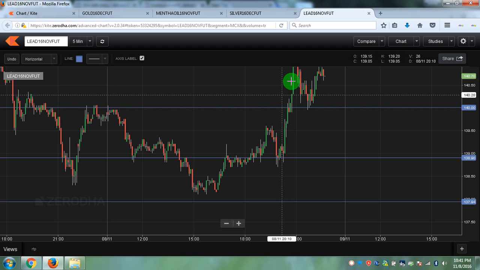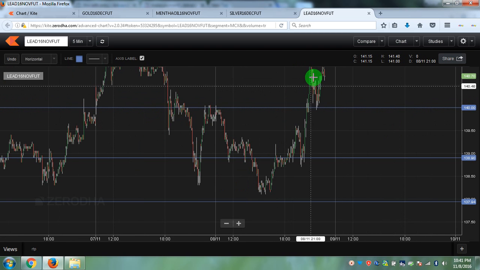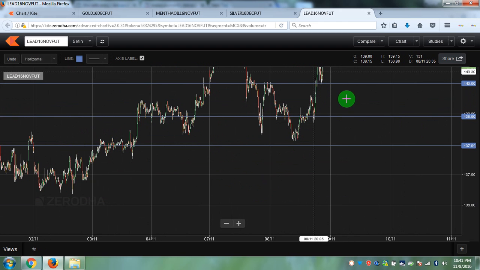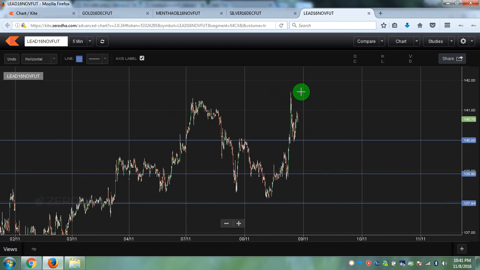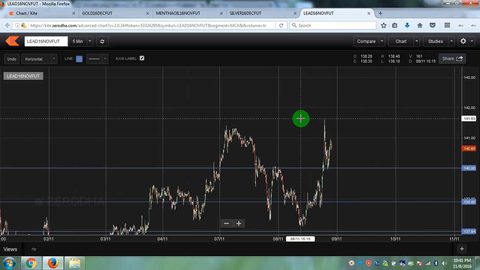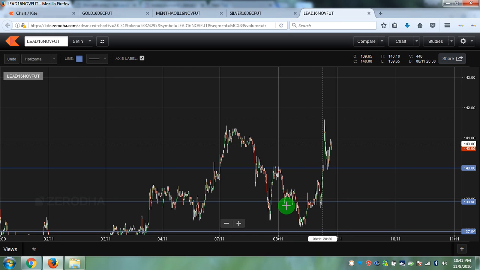140, 140.30 paisa, everything is done, and you can see it has gone up till 140.60 paisa, today's day high. So this is how our calls will generate, and as I mentioned to you,